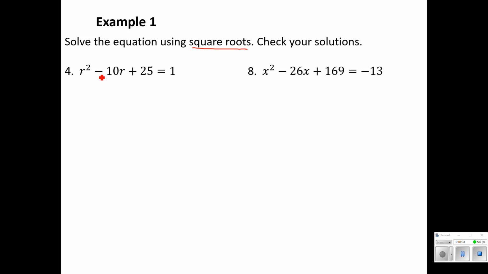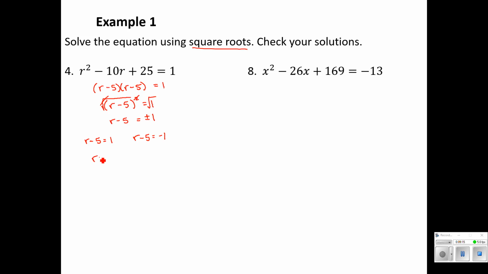If we factor r squared minus 10r plus 25, we get r minus 5 times r minus 5, and that's equal to 1. That means r minus 5 squared is equal to 1. Now notice that since we have something squared, we can square root both sides to get to the variable we're looking for. So r minus 5 equals plus or minus square root of 1. We did take the square root as a step of problem solving, so we need to include that plus or minus. So r minus 5 could equal positive 1, or r minus 5 could equal negative 1.